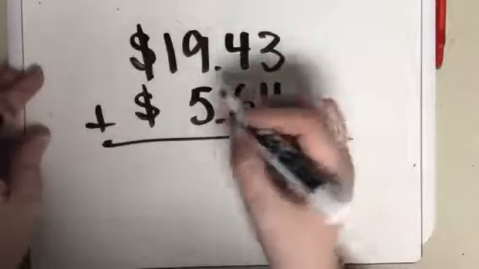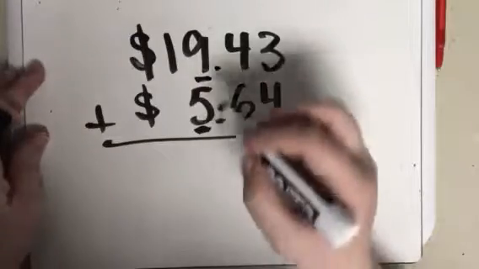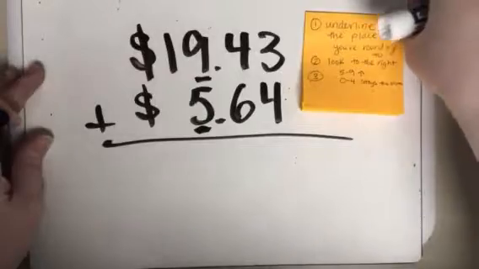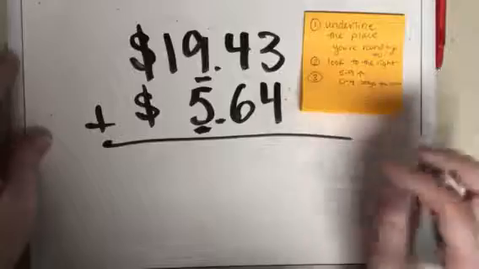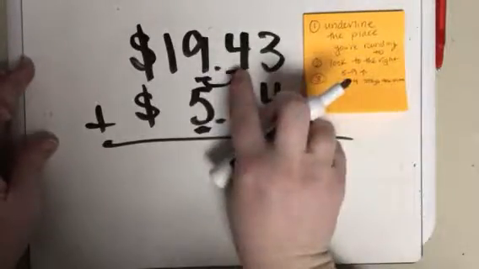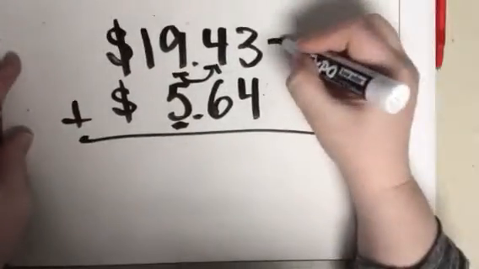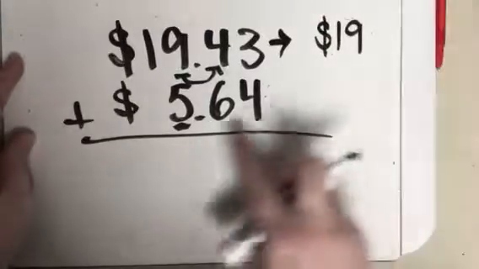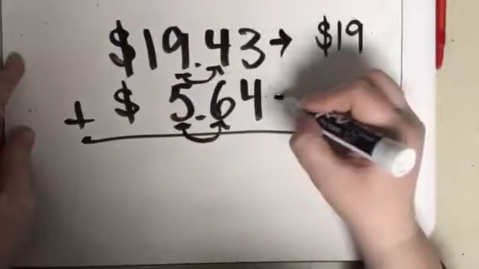So my favorite then would be rounding to the nearest whole number or rounding to the ones place. So I'm going to follow my same steps from when we were rounding. Underline the place you're rounding to, so you need to make your choice. What am I rounding the numbers to? Then you look to the right. If the number is between 0 and 4, then the 9 stays the same. So this would round to $19. And then this one, looking to the right, my 6 makes my 5 go up, so this would